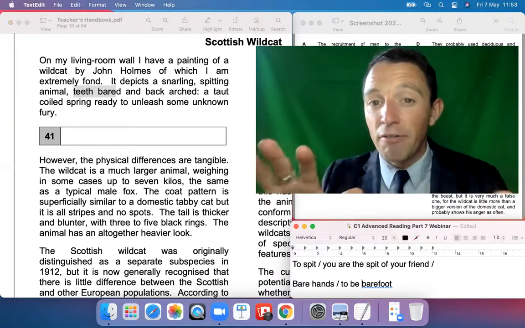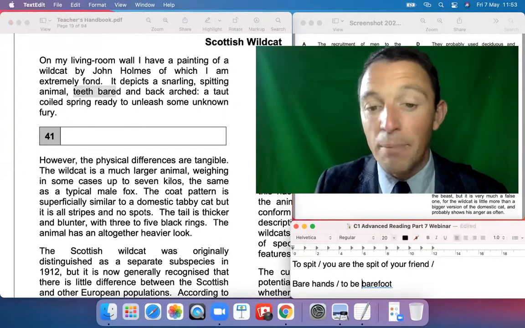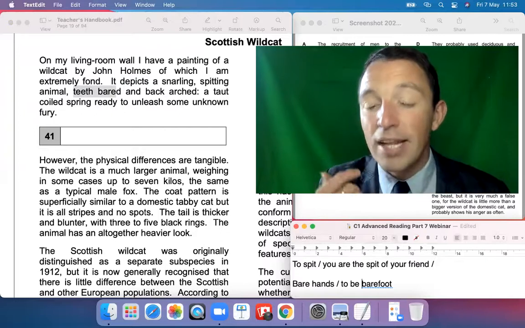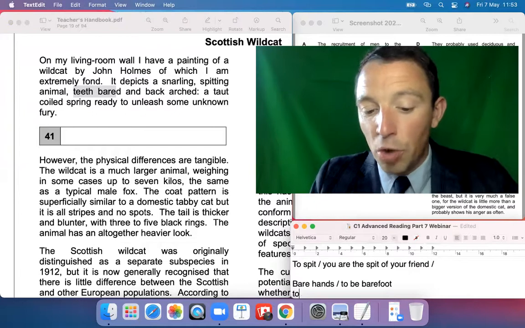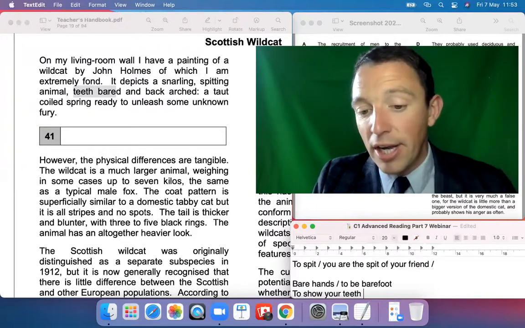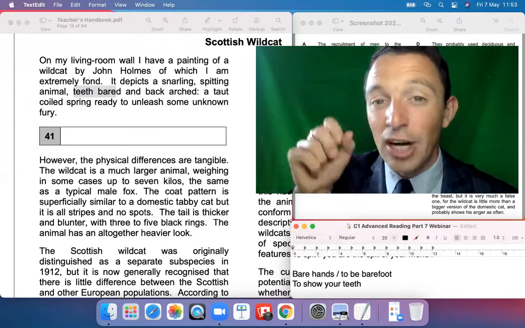So you are barefoot, and the significance is you have no protection for your feet. Okay, but if your teeth are bared, that basically means to show your teeth, and that's another expression as well, to show your teeth. And this is a metaphor if you're very, very angry and you maybe are attacking somebody or very aggressive